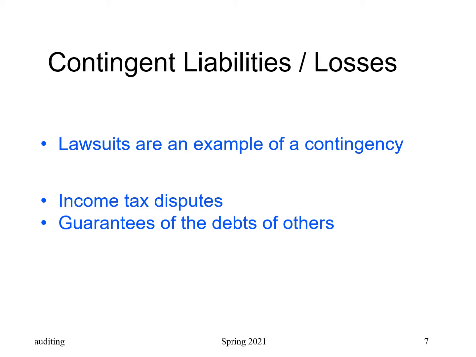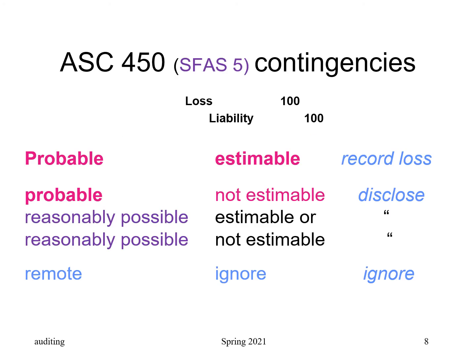Income tax disputes. If you think about your company, if the accountant tells you, well, I'm not sure whether this is a deduction or not, I believe, as I understand the law and the regulations, I believe we're allowed to deduct it, but I'm not sure. Are you going to deduct those kind of things? And I think most companies will if they believe that it probably is allowed. So their income tax disputes can be a contingent liability. Guaranteeing the debt of others. That's something Enron did a lot of, was guaranteeing the debt of special purpose entities.